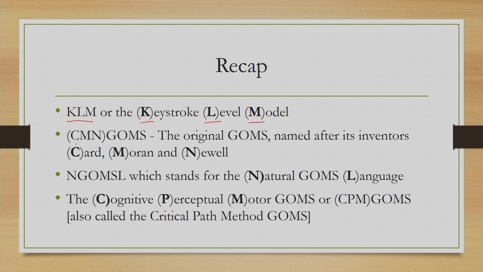The second model is the CMN GOMS model, which stands for Card, Moran, Newell, GOMS. The 3 names represent the names of the inventors of this model. The third model is the NGOMS-L or Natural GOMS language model, and the fourth one is the CPM GOMS, which stands for either Cognitive Perceptual Motor GOMS or Critical Path Method GOMS. And as we mentioned earlier, among these 4, except the fourth one, all the 3 assume